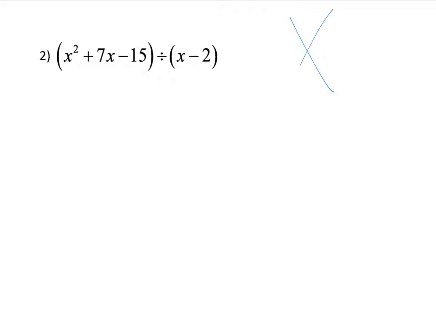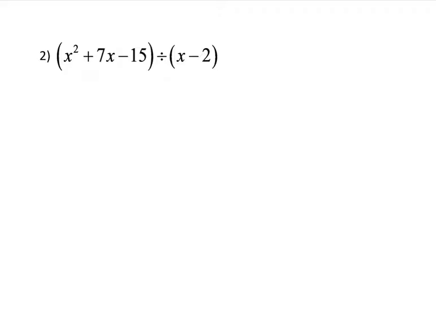If we tried to find factors of negative 15 that, when added together, give me 7, think of 5 and 3, but that doesn't even add up to 7, right? And that's the only thing that 15 is divisible by, or 15 and 1, and that obviously won't get to be 7, so really there's nothing that will work here. But we know that x minus 2 probably can go into x squared plus 7x minus 15 some amount of times. So let's use long division, and we're going to say x minus 2